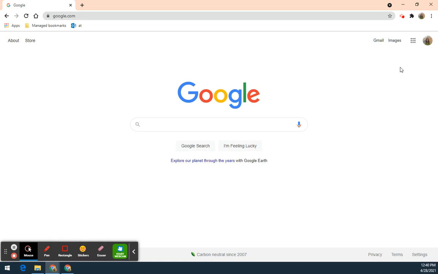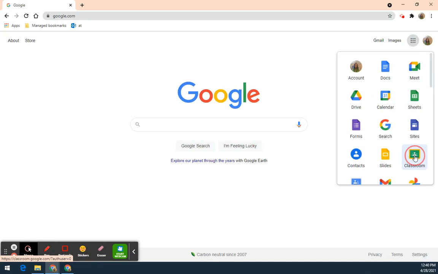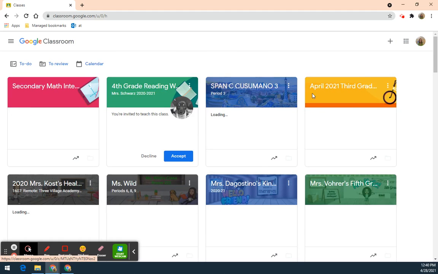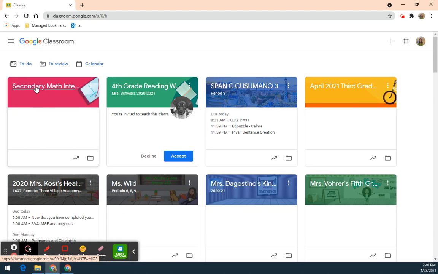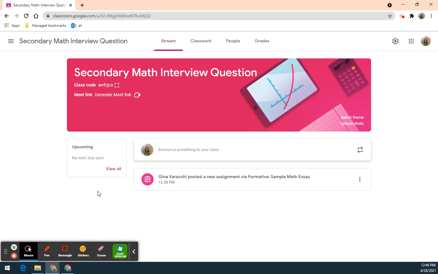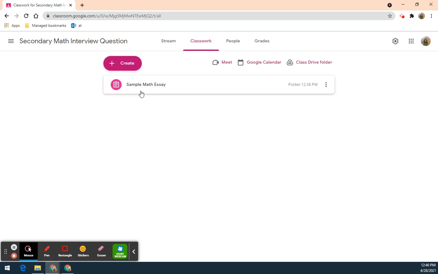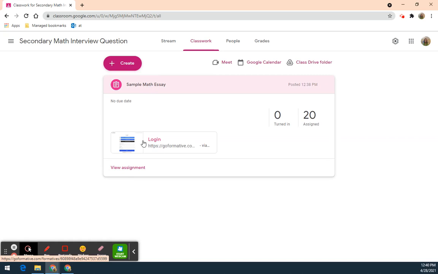Once you're signed in, go to this waffle in the top right corner, go to your classroom. You will only have one classroom listed on your page, and it's this one, the secondary math. Once you're in the classroom, you can go to classwork, and you will have one assignment posted here. It won't be this one, it'll be titled something different. You can click on that assignment, and then click here on the formative,